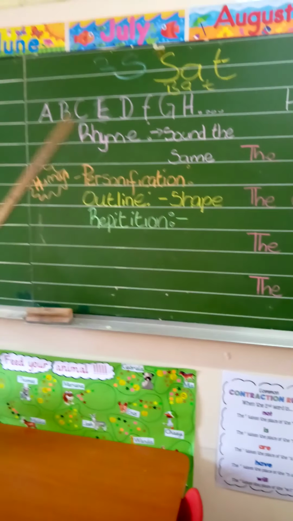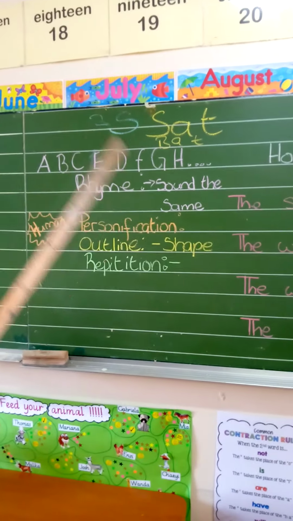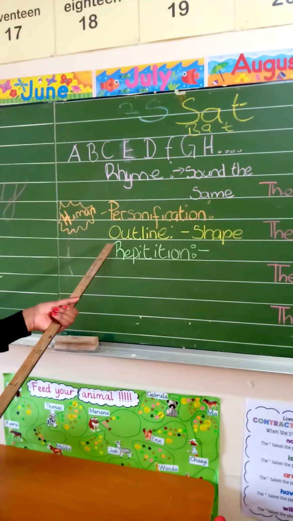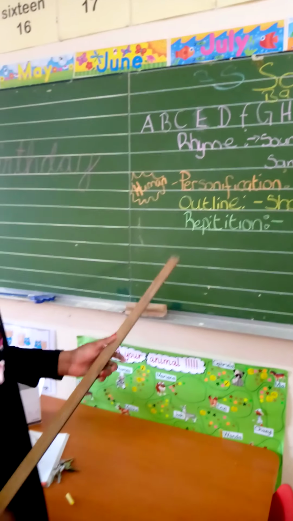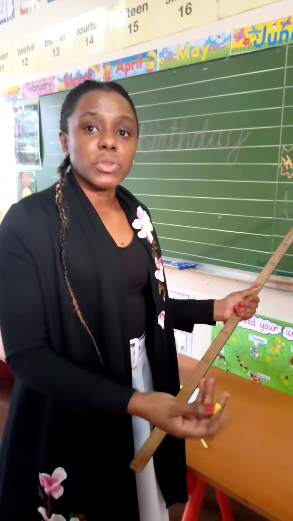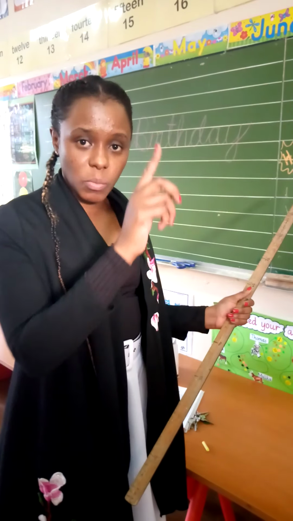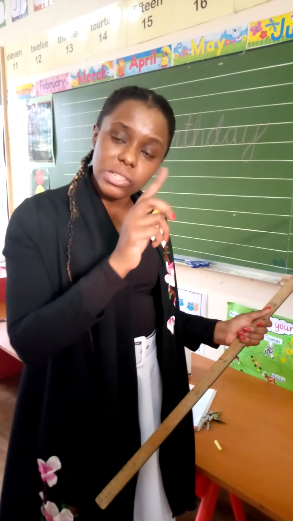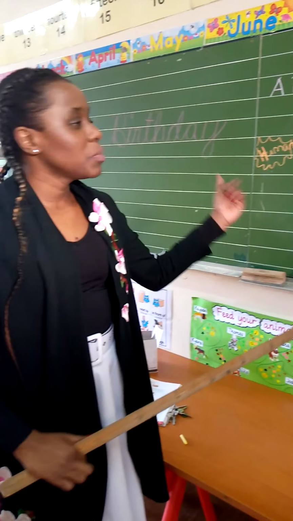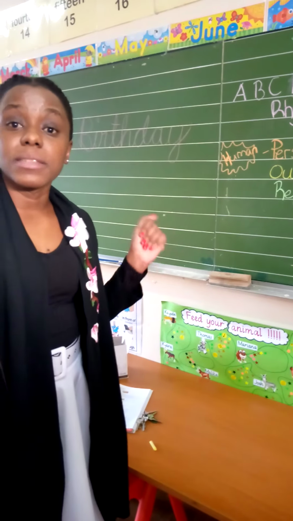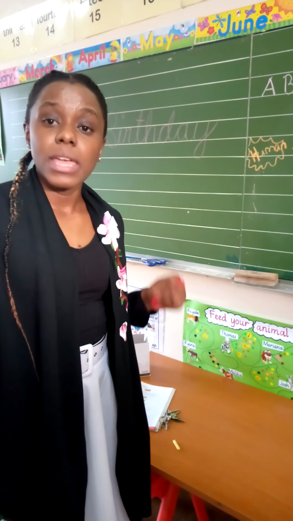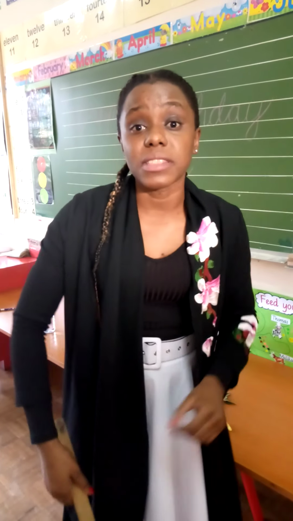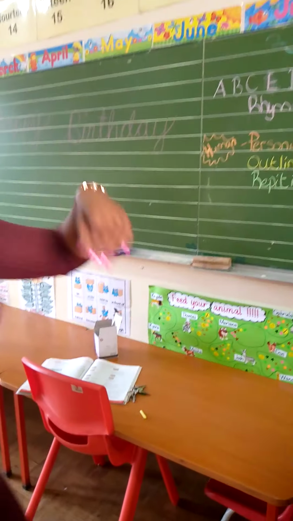All right, outline. When you're writing your poem, if you want, you can use the outline the way I taught you before. If you're talking about the waterfall, you can use some words that make a shape like a waterfall. The sun, you can make your words look like a pattern of a sun. And repetition to emphasize the point that you're sharing in that poem. Do you remember when Miss Joan kept on saying, I'm hungry, hungry, hungry? I was emphasizing that I'm hungry. Or Miss Sharon is happy.